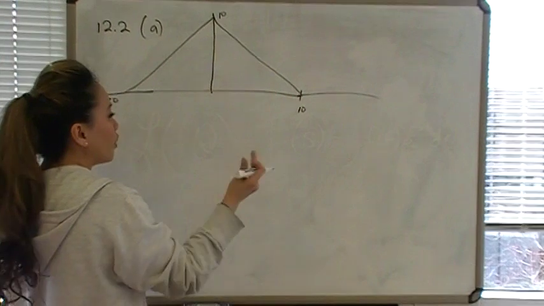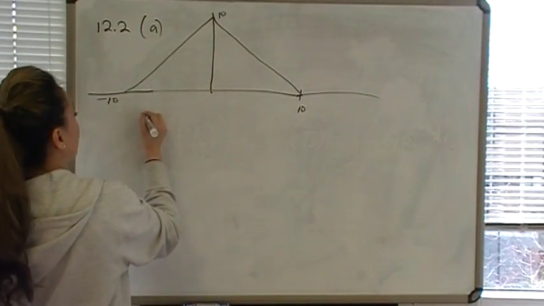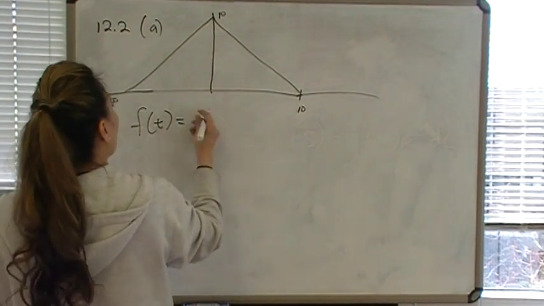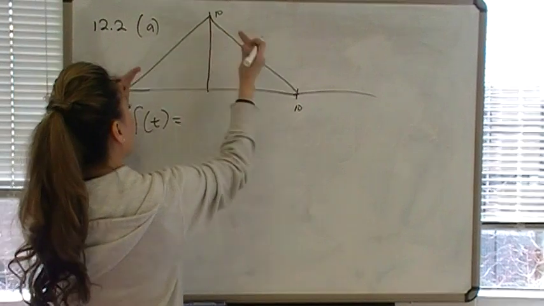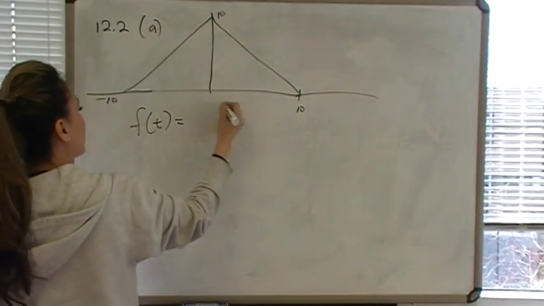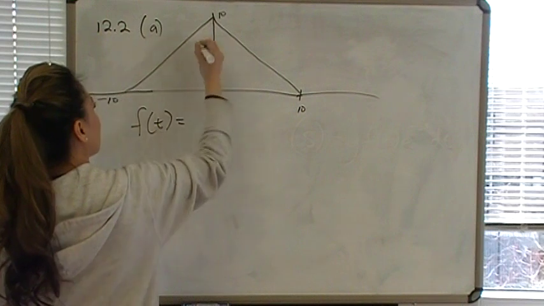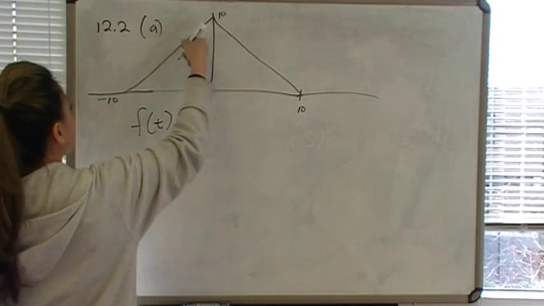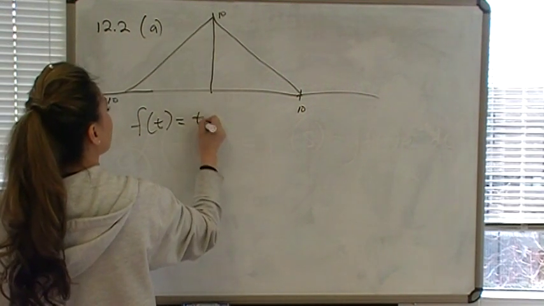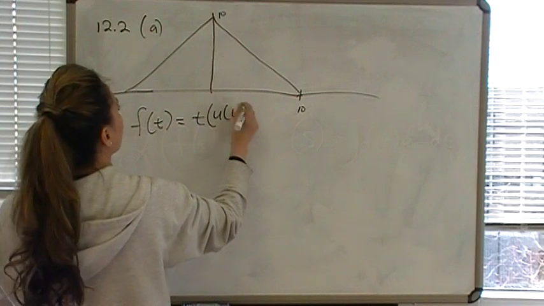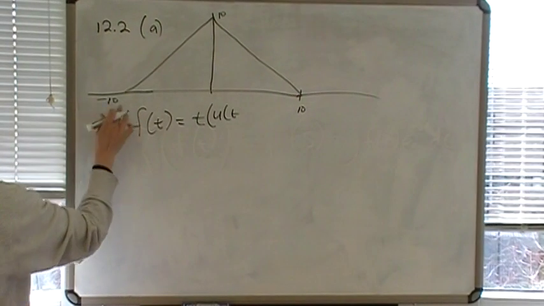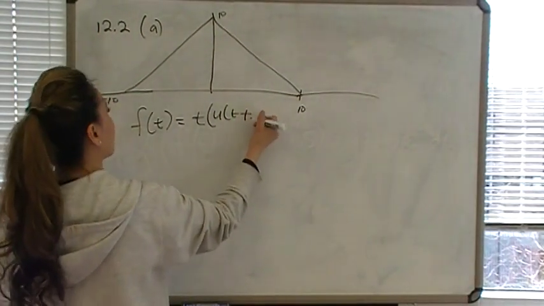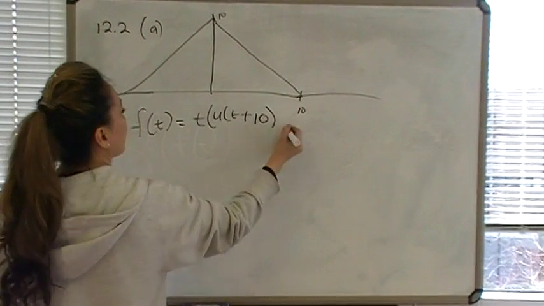So the way we express that as f of t is f of t is equal to the sum of this function from here to here to this function. So it's going to be some u of t. It's going to be negative from here to here, the slope is 1, and the y-intercept is 10. So it's going to be t times u of t minus a negative 10, so you subtract from the beginning point of time, so that becomes a minus and a minus is a positive, so u plus 10 minus,